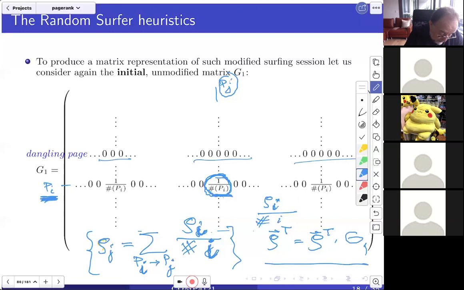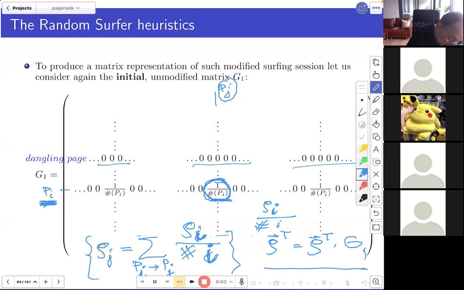by setting probabilities. Instead of 0, we set them to be 1 over n. Namely, if you are at a dangling page, n is the total number of web pages. If you are at a dangling web page, then you choose completely randomly another web page, so with probability 1 over n, to jump to that web page, right? So this would be equivalent